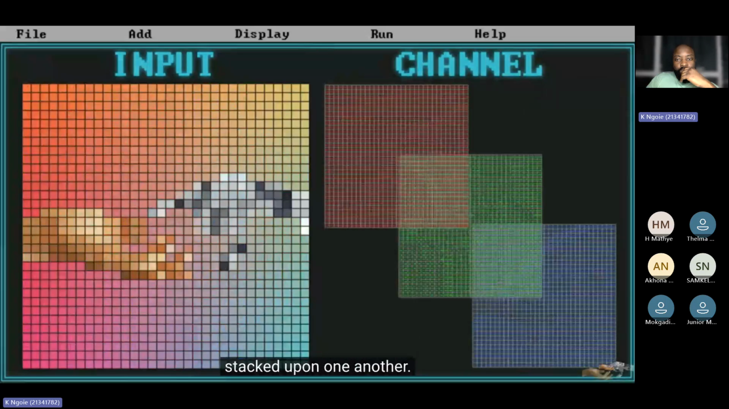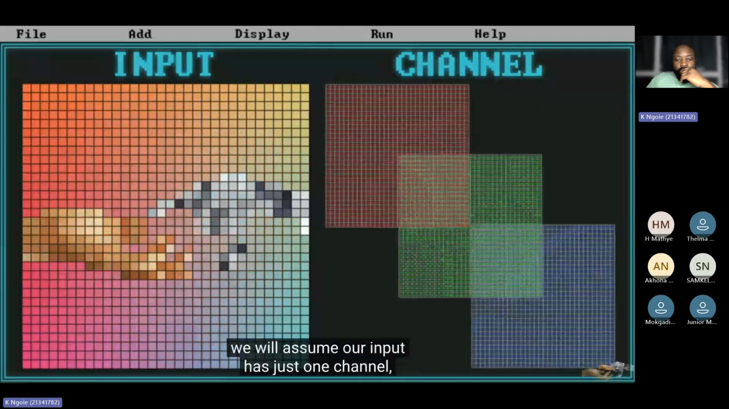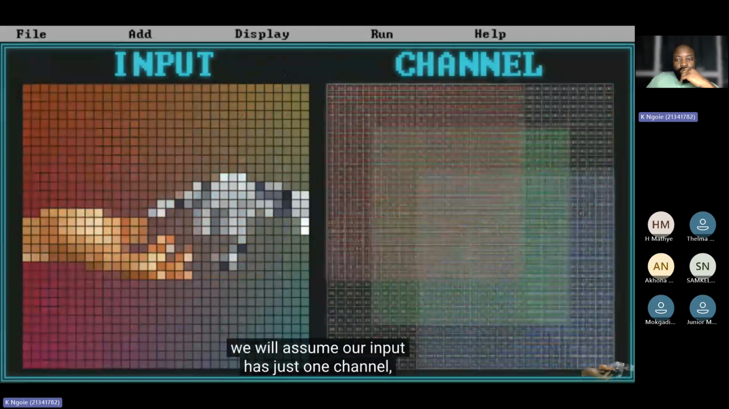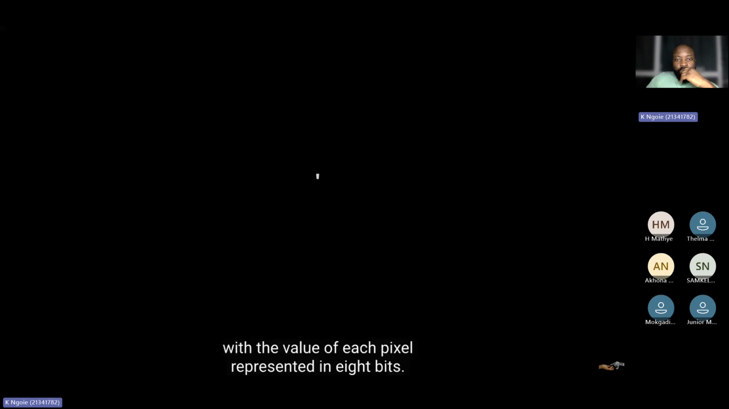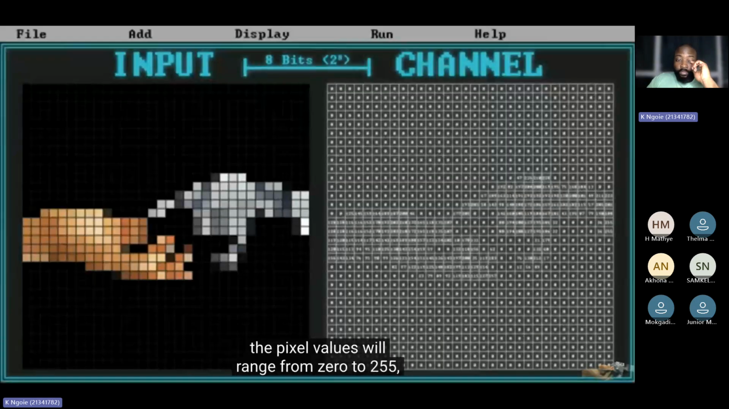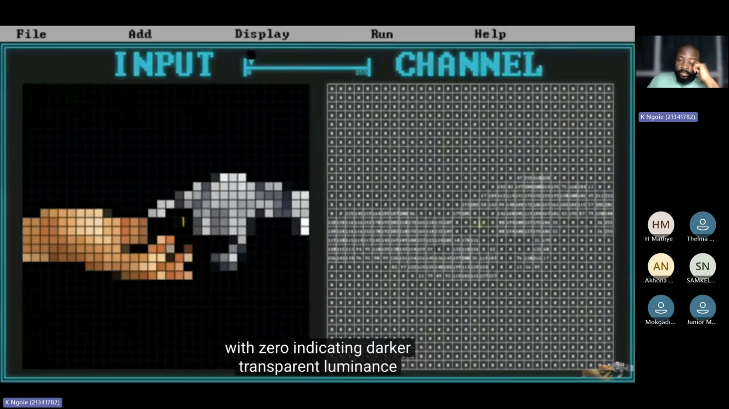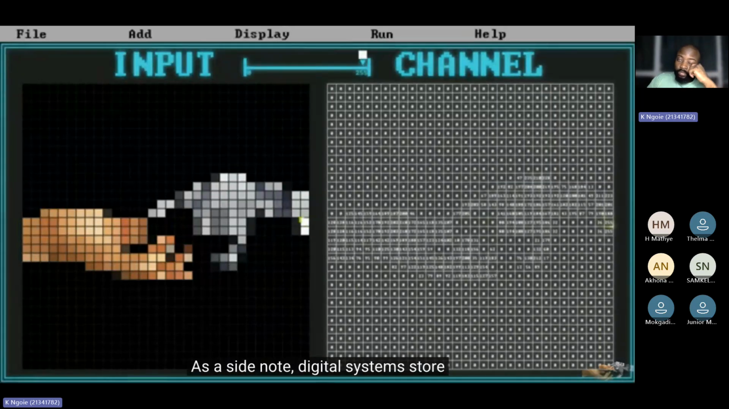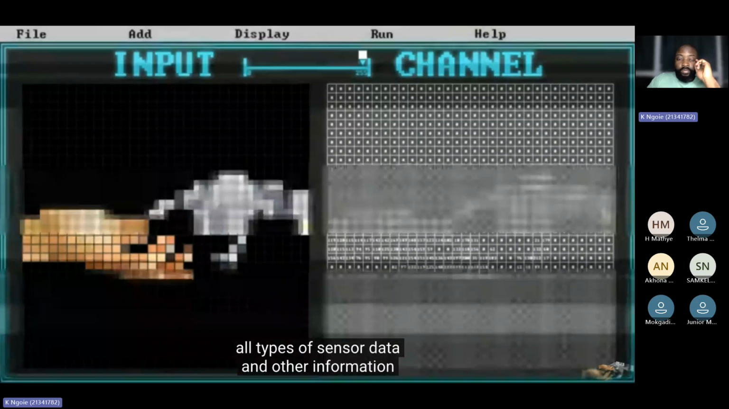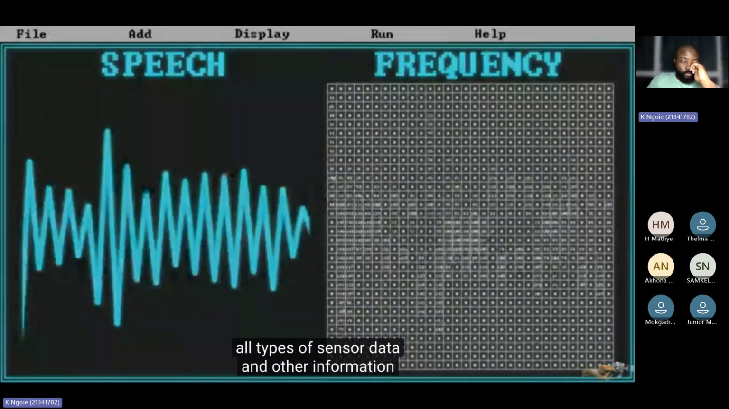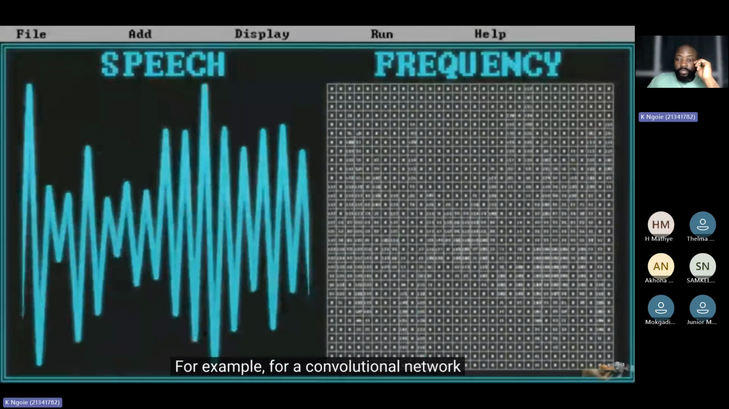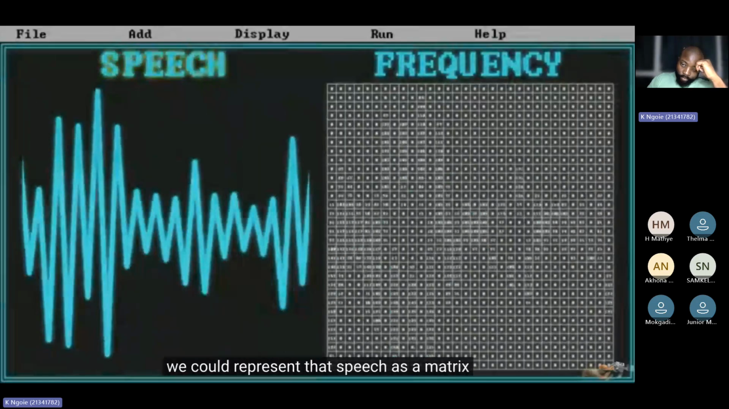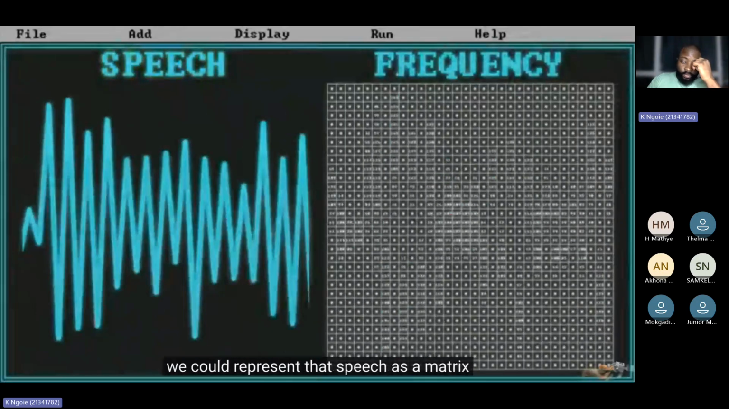For the sake of simplicity, we will assume our input has just one channel, the luminance of the image, with the value of each pixel represented in 8 bits. In other words, the pixel values will range from 0 to 255, with 0 indicating dark or transparent luminance, and 255 is bright. As a side note, digital systems store all types of sensor data and other information in this fashion. For example, for a convolutional network that would operate on speech, we could represent that speech as a matrix of frequency values. Coming back on topic, now that we understand the format of the input, let's finally delve into